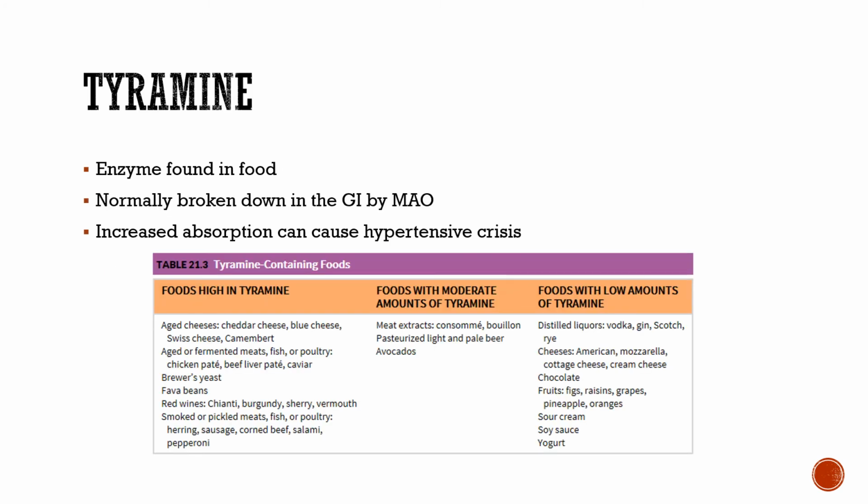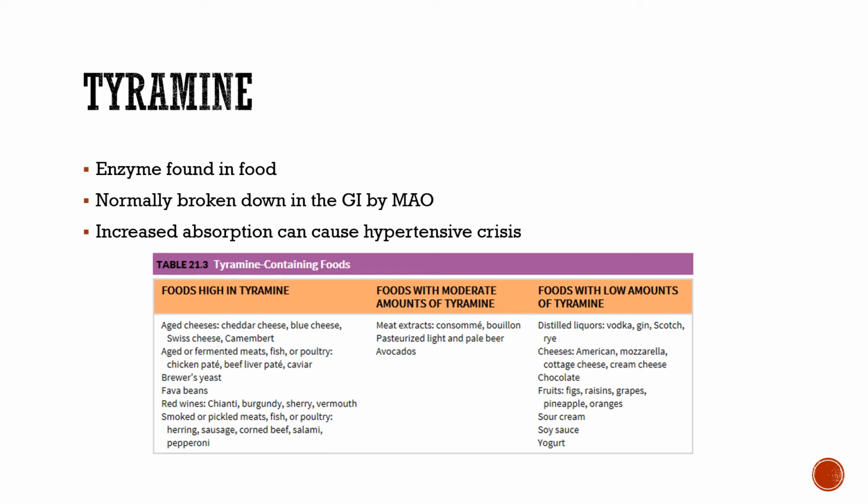So let's talk about tyramine. Tyramine is found in food, and it's found in the yummiest of all foods. It's normally broken down in the GI. MAO is in those nerve terminals, as we talked about, to help clean that out, to keep those neurotransmitters from accumulating too much. So that's one thing it does. It breaks down those neurotransmitters. Another very important job it does is break down tyramine. And we find tyramine in lots of foods, the very yummiest foods.